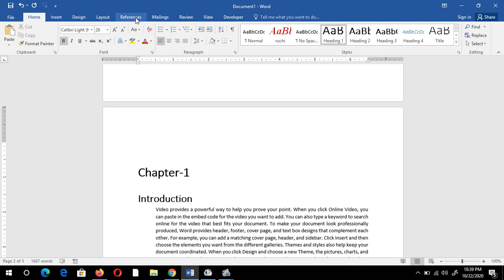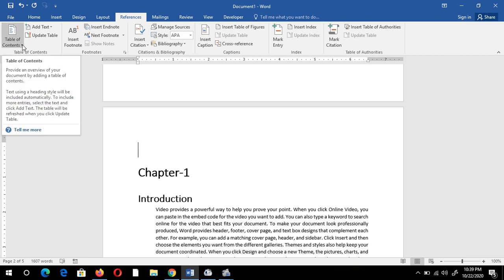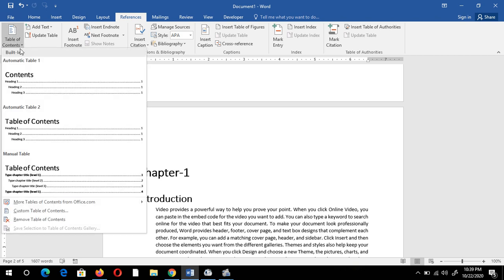Now click on this tab, that is, References. From the References tab you can see there is a group, that is, Table of Contents, and you have to click here. You can see there are a few inbuilt styles. I'm going to select the first one.